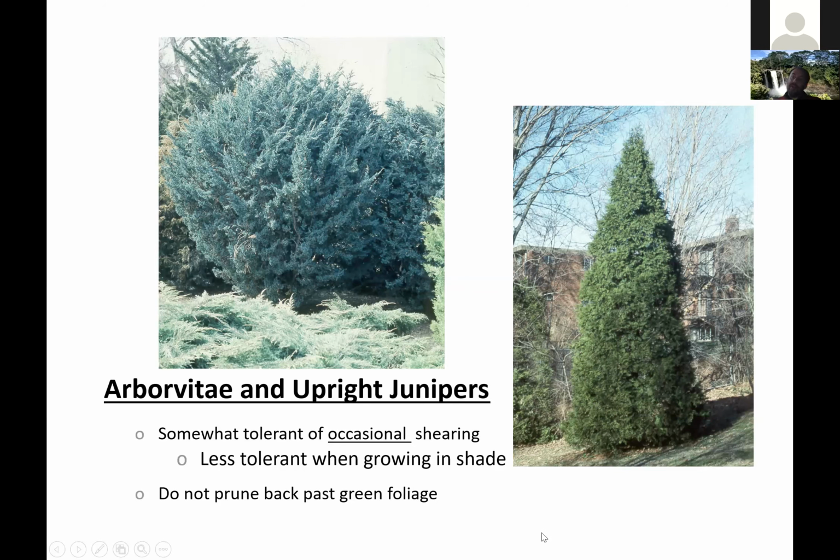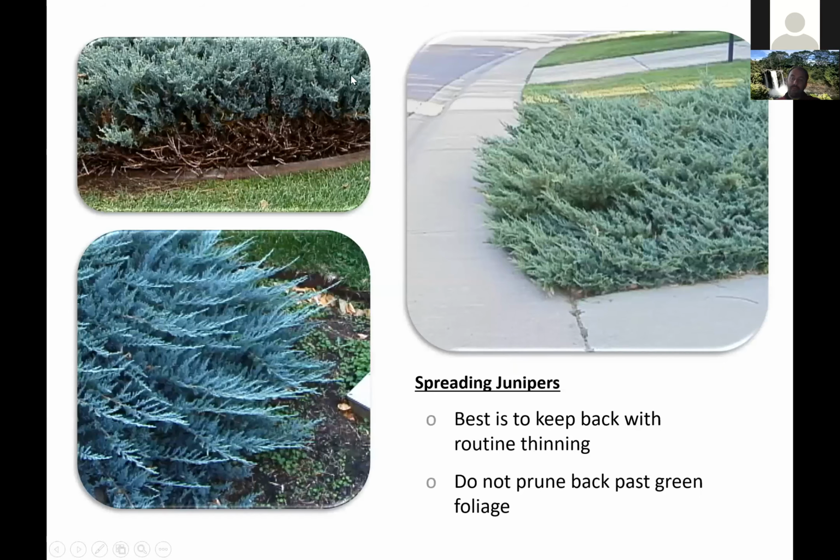For spreading junipers, oftentimes you see what's going on in this picture, where they spread out into the grass or a sidewalk and you have to cut them back. If you just shear them back, you're going to get that mat of foliage on the top and this kind of branchy, twiggy thing on the bottom. It's much better to prune them back instead of shearing them like this. So follow these branches that are out too far back and look for an upward growing lateral branch somewhere back here and prune back to that.